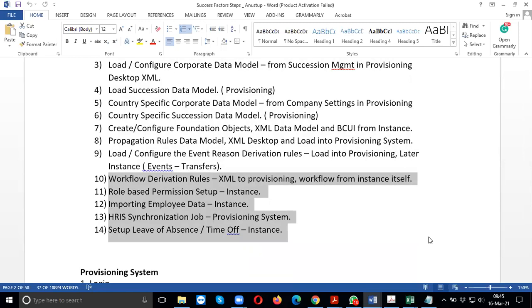But would it not take time to prepare those data models? I would expect the user would provide the data models, right? Yeah, the company where the implementation is happening will provide you the data. But if not, how will you create the data for that company? But will they be able to do it so fast? I mean, you said it will take a week. Will they be able to provide all the data within a week? Generally, the corporate data model is given to them in a short span of time.